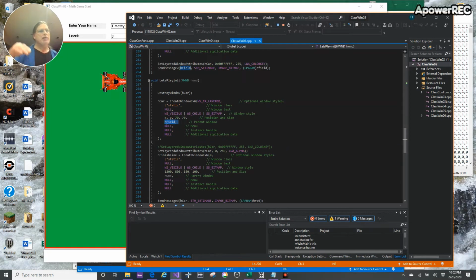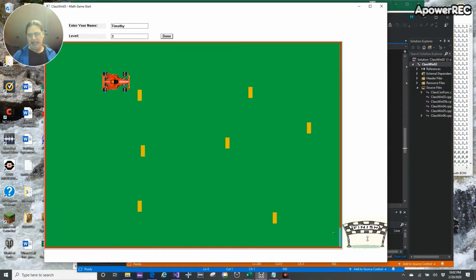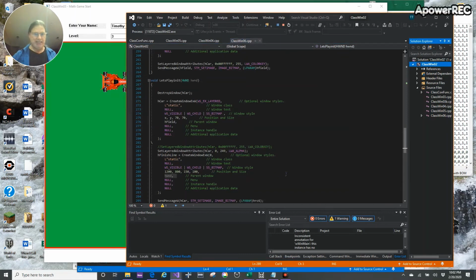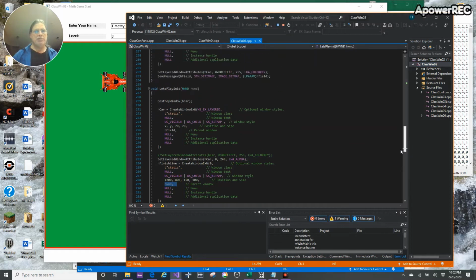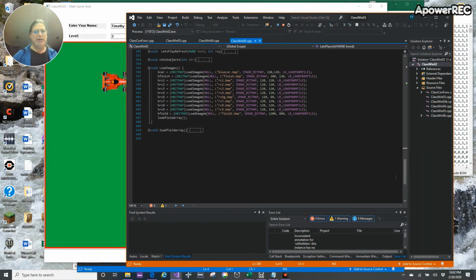So we have HWND, which is the parent to field, and then we have field that's the parent to car, so H car. And then you'll notice that I put the finish line still out to the side, and it's sitting on top of HWND because that's all I need to worry about. So that's the order. So the next thing we did was we had to load